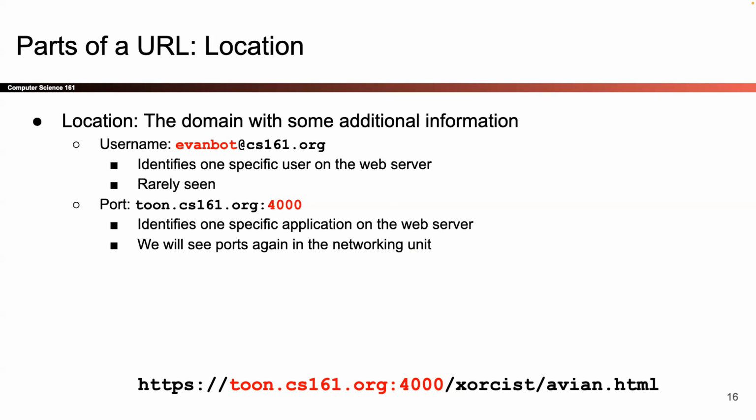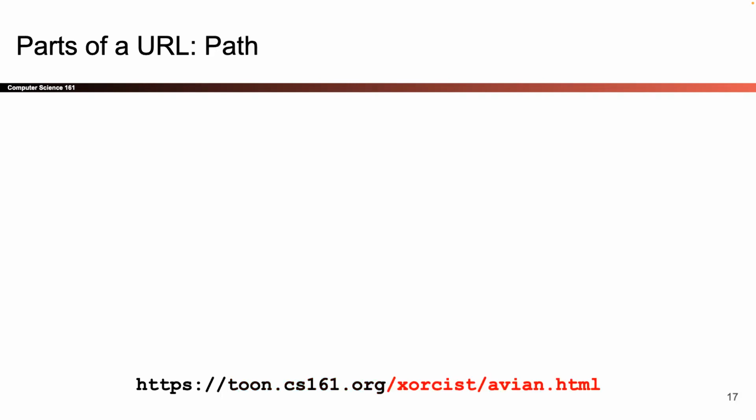Sometimes there's a username, but to be honest, I've never seen this before, and I don't think we'll ever see it in this class either. It's kind of obsolete at this point, but sometimes you'll see it. But the important one that you might see now and then is the port, and it's used if the server has two different servers running that are both serving different sets of data, and they're on the same server, and you have to identify one. Okay, so sometimes called the location, sometimes called the port. Again, it's a lot of vocabulary, but it's important so that we can talk about the web in the same way. Okay, then I look after the slash and I finally find all this stuff after the slash, and